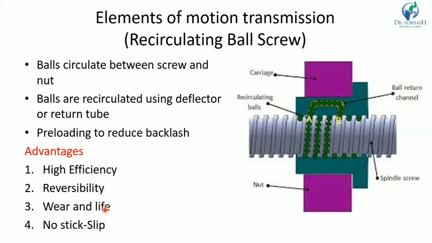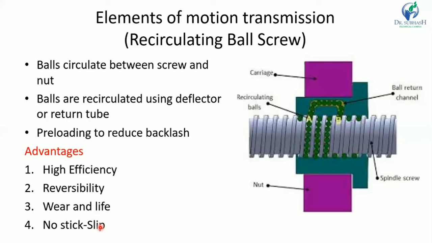The recirculating balls reduce the wear to a minimum, and the ball screw therefore has a longer life without loss of accuracy and no stick slip. Stick slip is the phenomenon which occurs when small movements between two lubricated elements are required. The lubricating medium tries to cause the mating elements to stick to each other to resist the motion and results in a jerky motion as the mating elements try to stick and then slip during their relative movement.